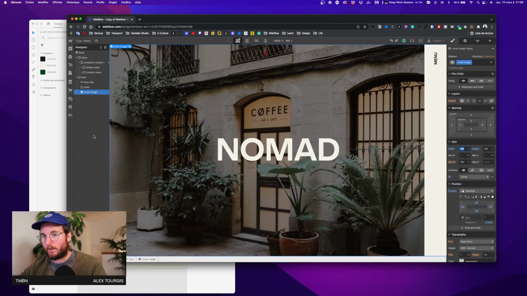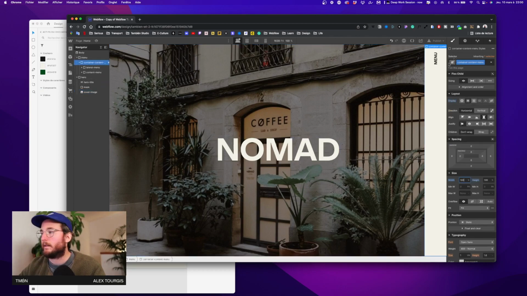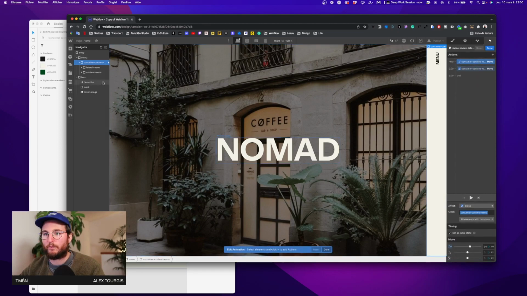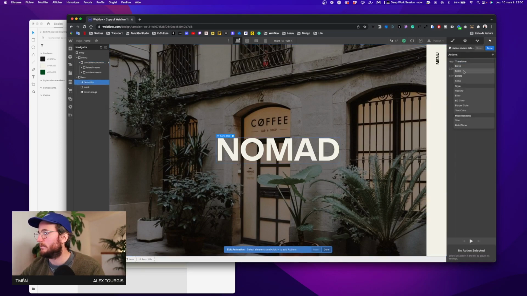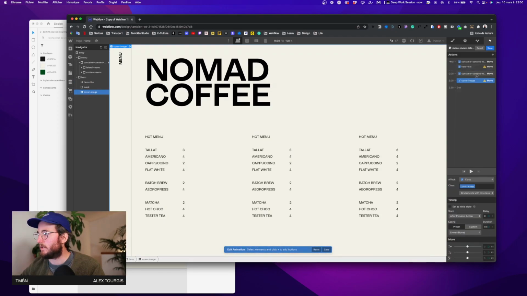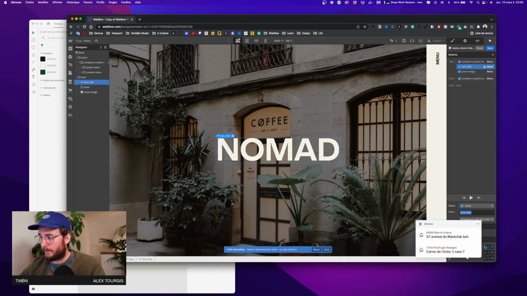So I'm not gonna say to the cover image, you take 100% of your parents, but you're gonna take like that. If I come back to my animation, my mouse move, I can select my hero title and give an animation of move, and to my cover image to also give an animation of move. So now the initial state of my image is this 0 EM, and my hero title also,